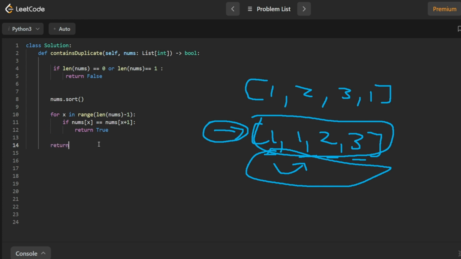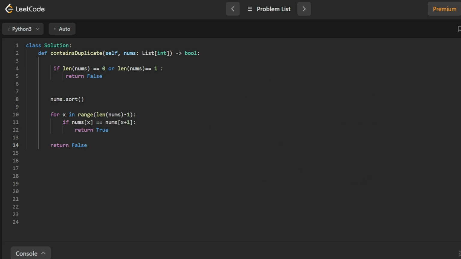So we can just do a return false down here. So that's our code. That's all it is. But now that we have our code, let's analyze the time and space complexity, because you'll also need to know